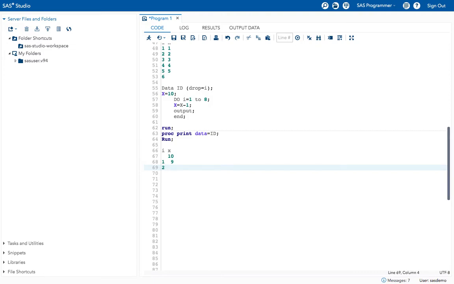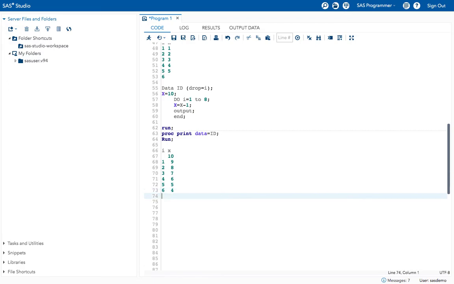9 minus 1 is 8. Okay, third iteration. In the third iteration, it's 7. In the fourth iteration, the x value is 6. In the fifth iteration, the x value is 6 minus 1, which is 5. In the sixth iteration, 5 minus 1 is 4.